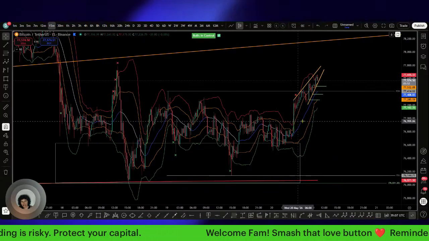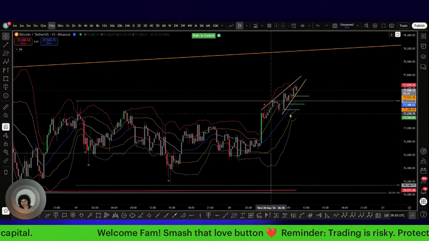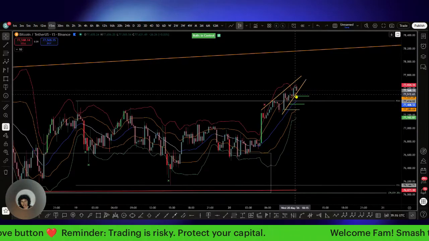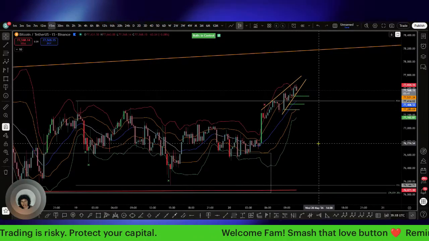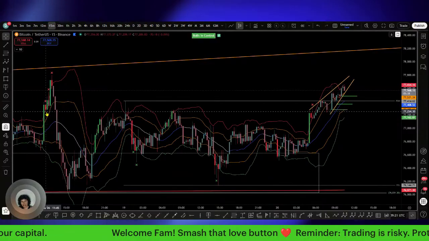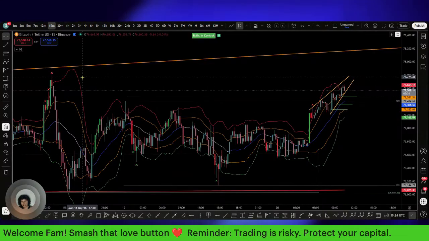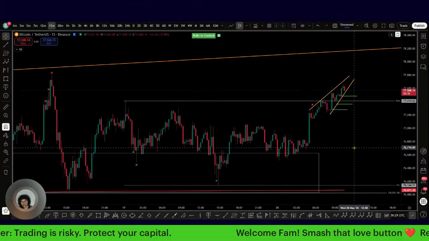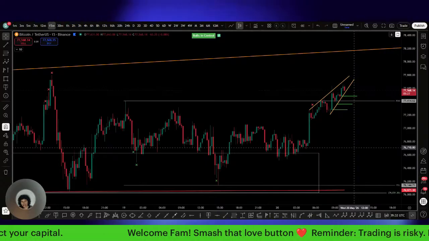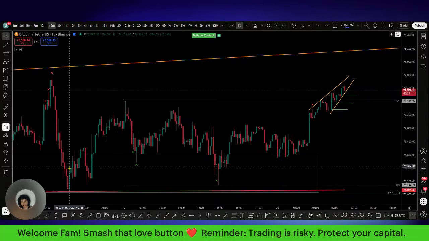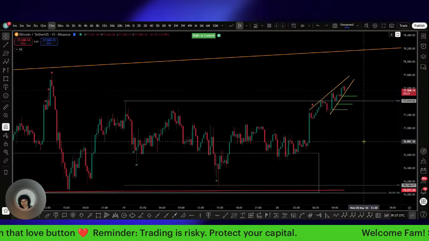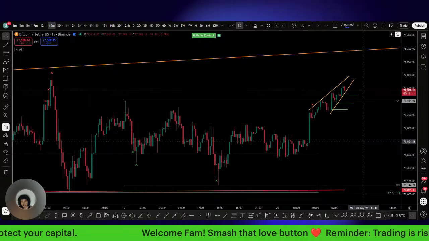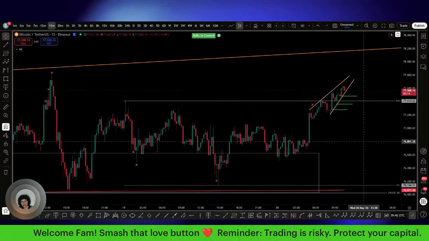Trying to do it again. So some sort of a little breakout right there. And yeah, pretty much in between 1 and 2, but a little flag, sort of the situation we had over here when we got that breakout. It looks just like that right there. And you can see how this went. It takes me back to the 4-hour once again.